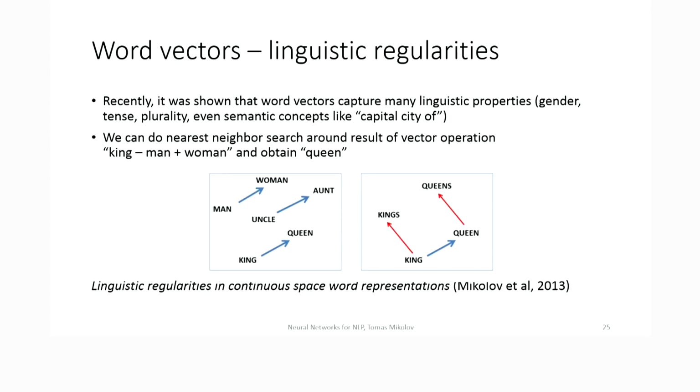The observation was very simple and quite insightful for the structure of the language. It was basically that these vector representations do not encode just clusters of words, but more like directions or subspaces of the language space. For example, there is this well-known example that if you take the feature vectors for words king, man, and woman, and calculate king minus man plus woman with vectors, and then do the nearest neighbor search, you will get queen as the result, which is exactly what we would like to see.